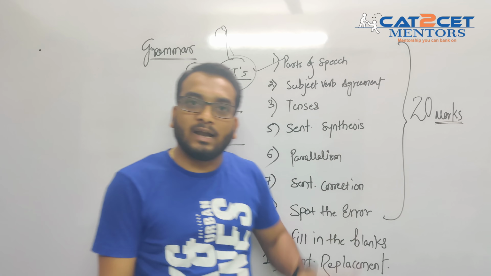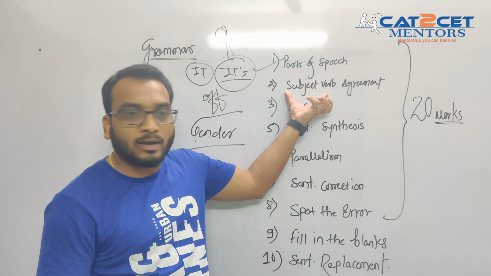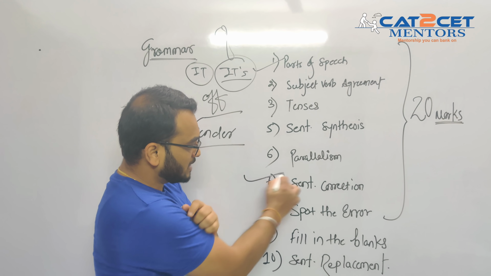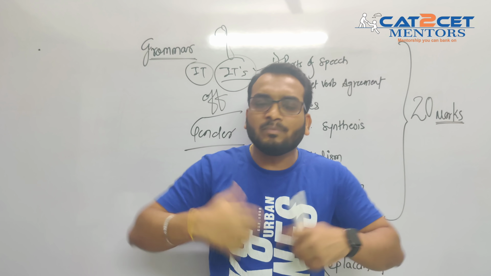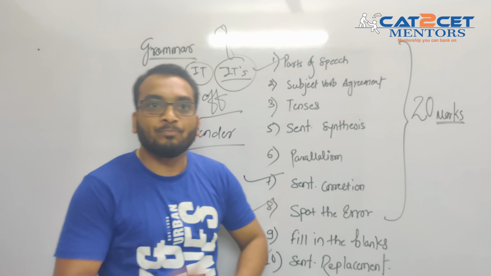So you need to understand उनका फंडा क्या है, कहाँ पे क्या चीजें लगती हैं. If you do this, you are sorted, right? Tenses पे अगर आप खेलोगे और subject verb agreement पे खेलोगे, एक दो चीजें अगर आपने कर ली, सर आपका sentence correction done हो गया, spot the error done हो गया, sentence replacement done हो गया. इसमें कुछ नहीं आता, same recipe है, घुमा फिरा के बोला जाता है CET में. So sentence correction, sentence improvement, sentence replacement and spot the error, it's the same thing. It is that you get different patterns. कभी कभी you will have one liner, कभी you will have 3 liners, right? Something like that. So if you do these first three things, you are ready for this, right? Now understand this.